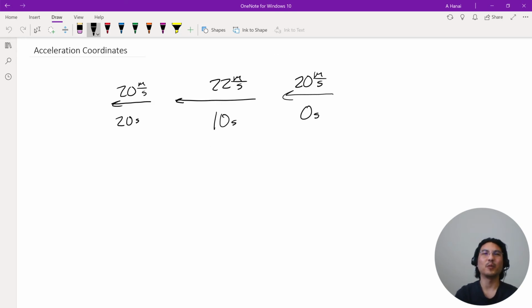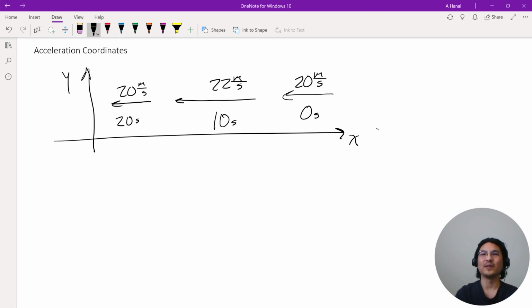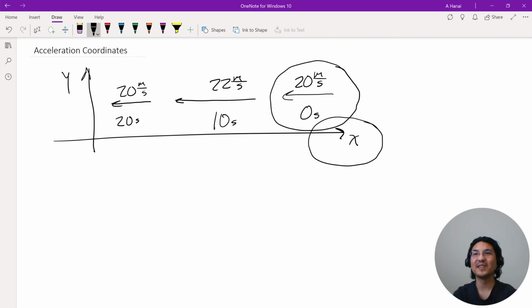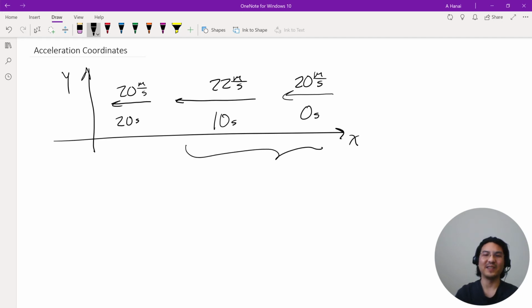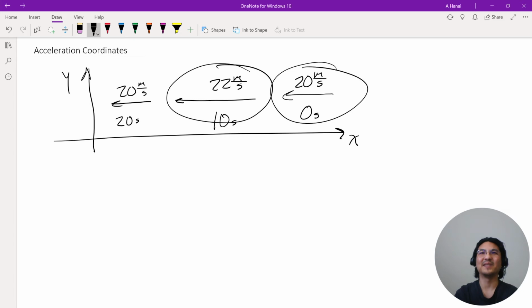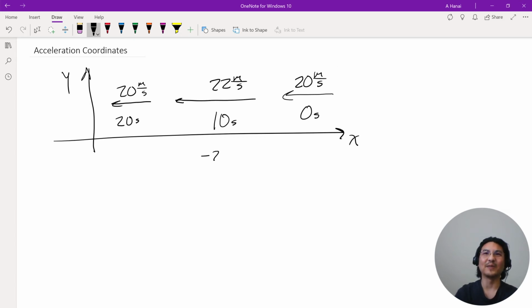And my point here is it depends on your choice of coordinates. So let's say you pick coordinates like this. Right, so if this way is positive, your velocity is actually negative, right? Because of the way you pick coordinates. So if you want to compute the acceleration here, it's final minus initial, right? So that's negative 22 minus negative 20 over 10 minus 0, right? 10 seconds. So your acceleration is negative 0.2